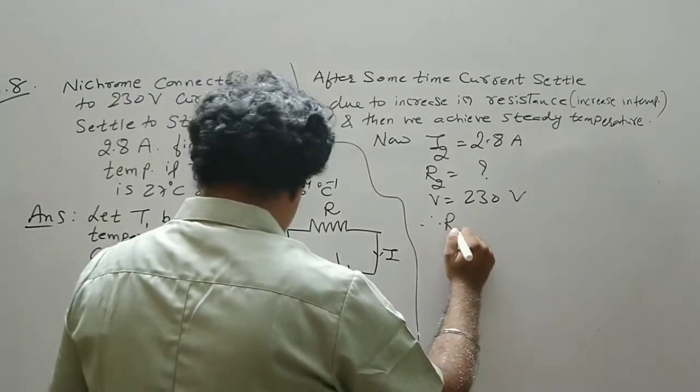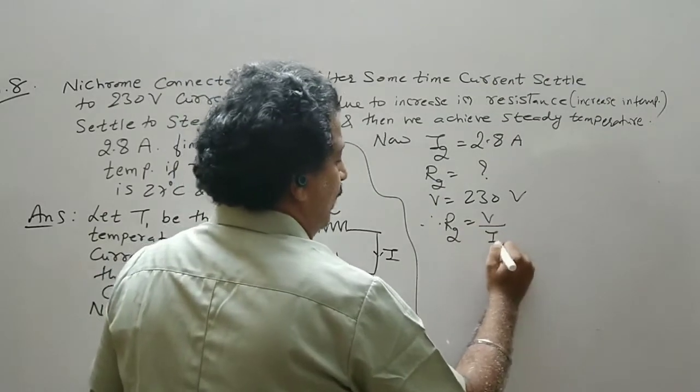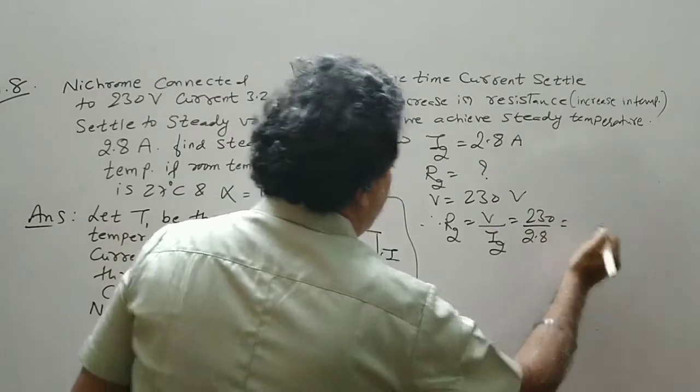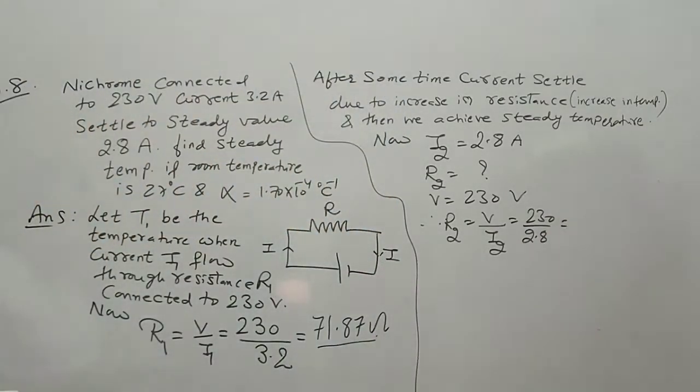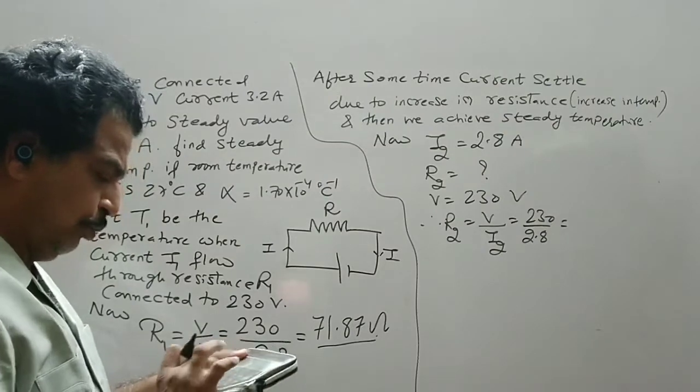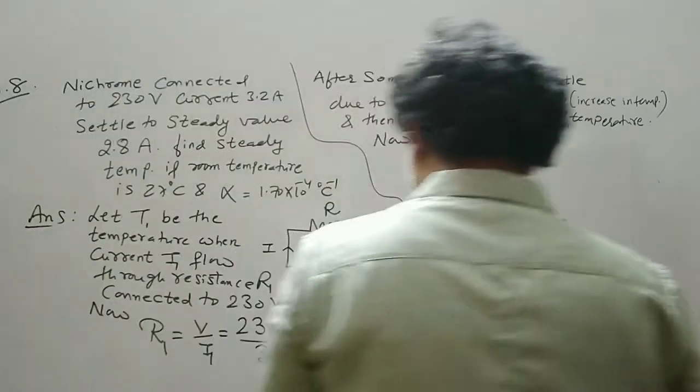Therefore R2 is equal to V upon I2, that is equal to 230 divided by 2.8. Clearly the current has decreased, so the resistance will increase. So it is 230 divided by 2.8,